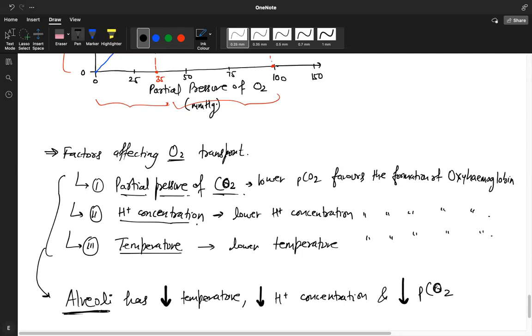Yes, sir. And the exact opposite situation happens in tissues. Inside a tissue, pH is more acidic, so more H plus ions are present because there are more wastes being generated. Partial pressure of CO2 is very high, and temperature is also high because energy is being generated in the tissues through respiration, and tissues are constantly working, contracting, relaxing if they are muscles. If there are organ tissues, there also energy utilization is taking place. So you can write down